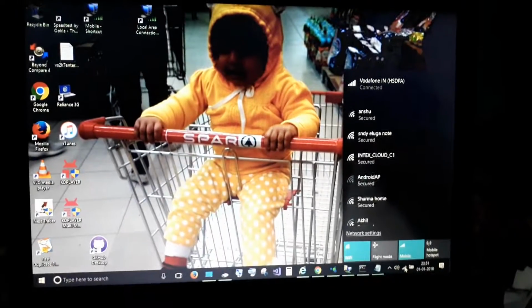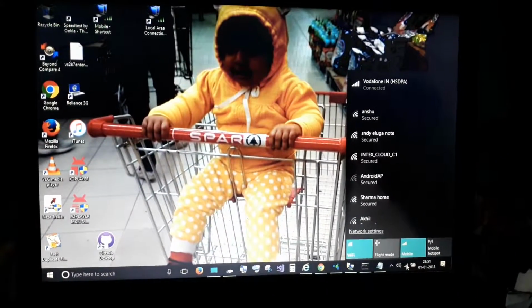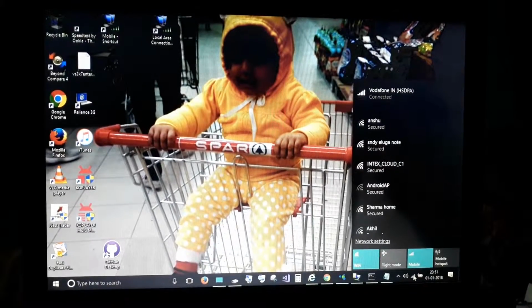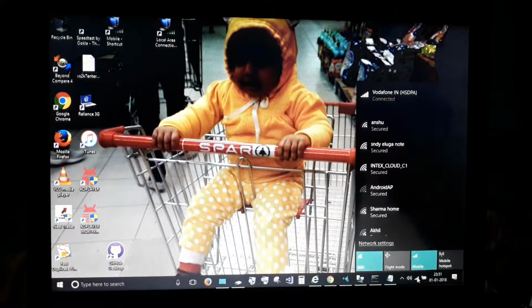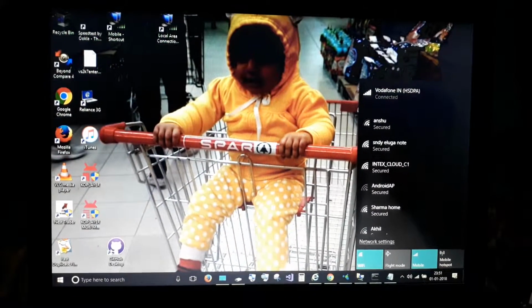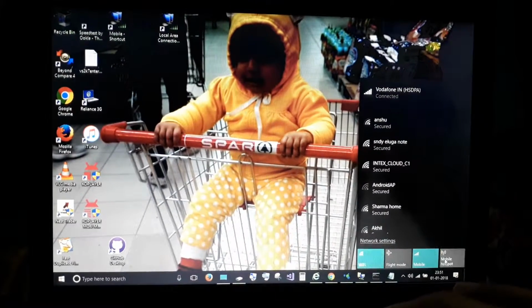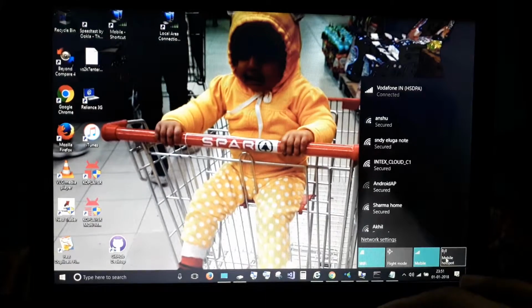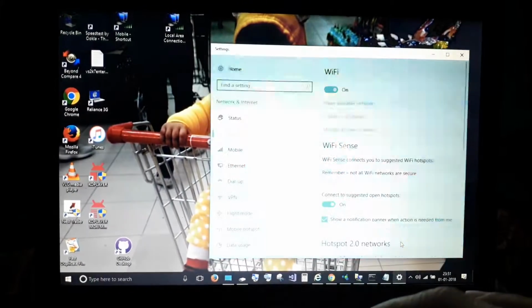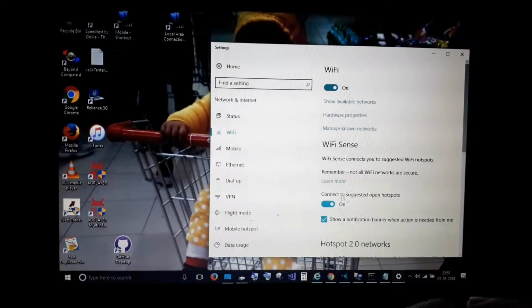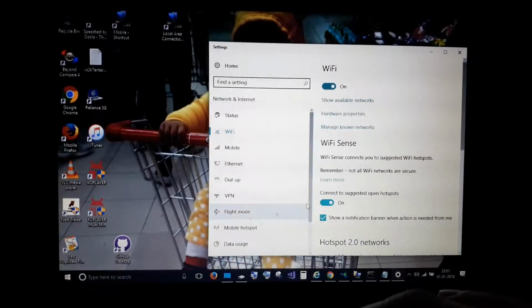So I faced an issue when I wasn't able to turn on the hotspot. I thought of sharing it because it was a bit tricky and I didn't find any useful video on the net. Whenever you try to turn on the mobile hotspot, you are not able to do it. And when you go to the network settings and then go to the mobile hotspot here,